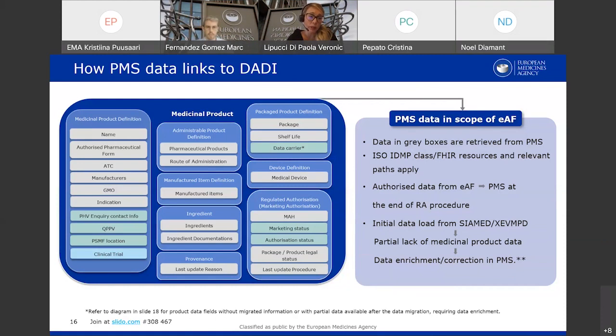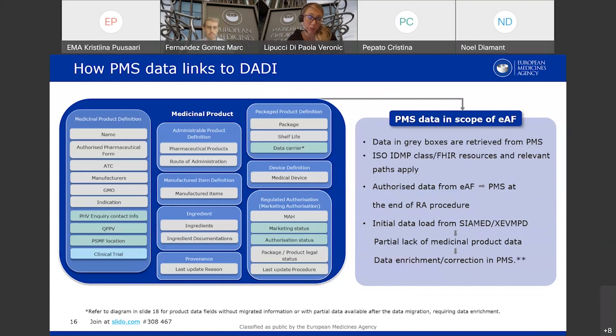In this regard, I would invite you really to read chapter 2 to get a full understanding on how the product data have been structured in PMS, so you can also indirectly get a better overview of how the PMS data are retrievable